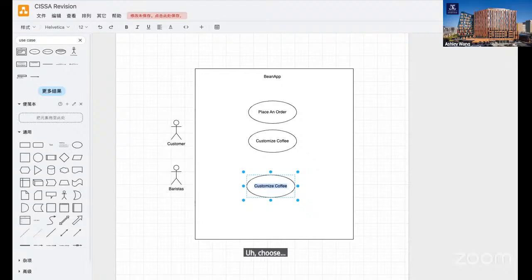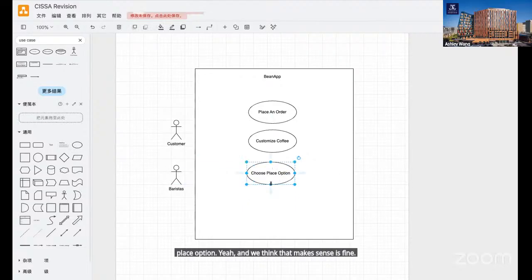Choose place option. Anything that makes sense is fine. What's next one?